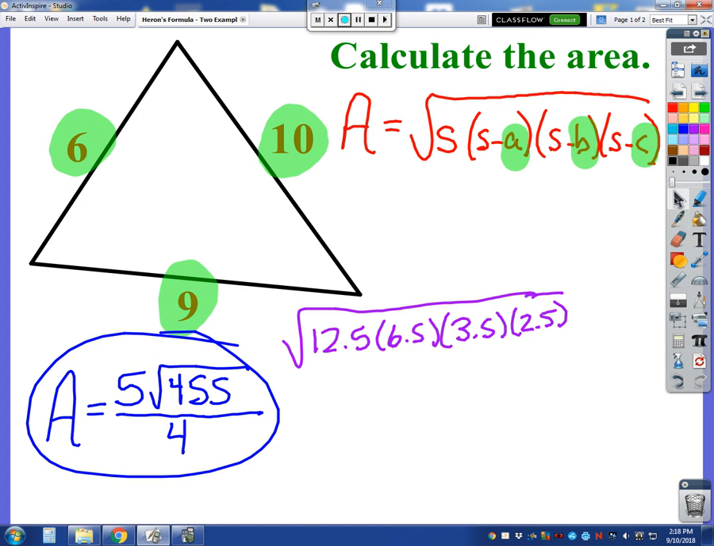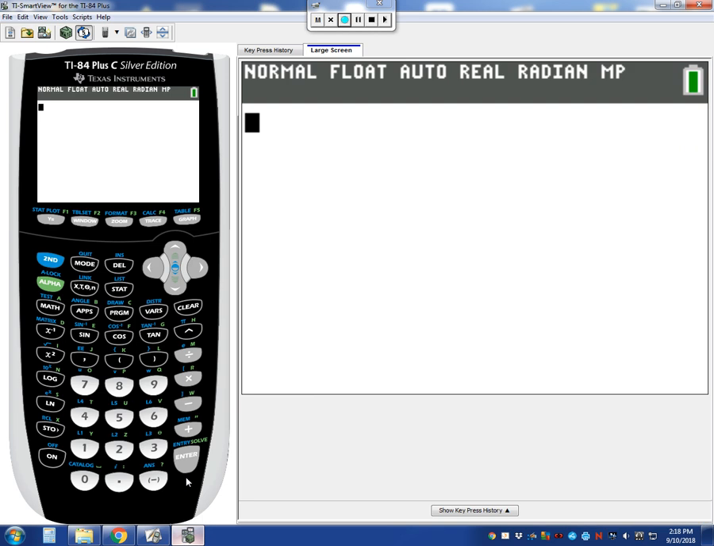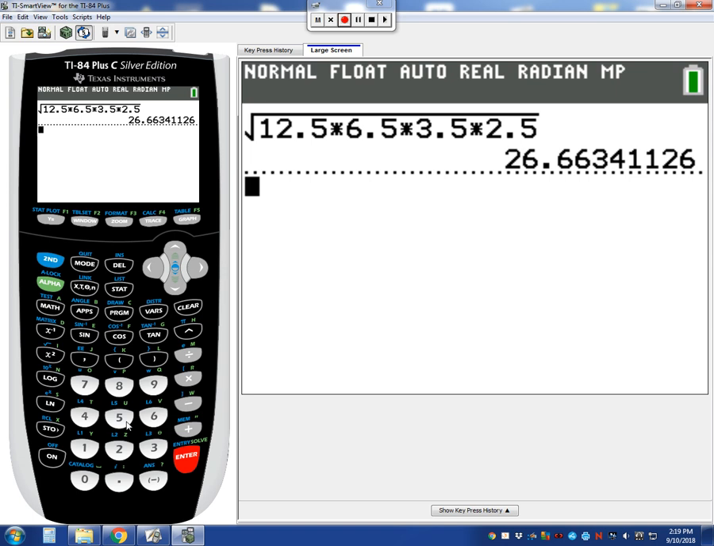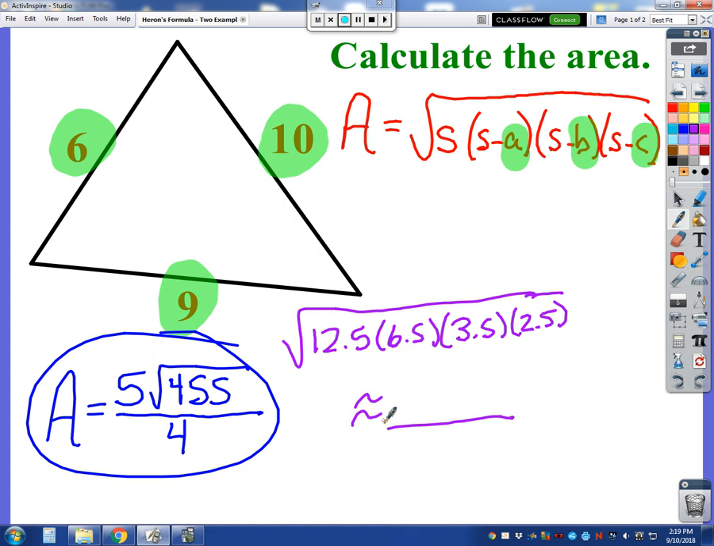You could just go to your calculator and type all this in, and then get what that comes out to be as an approximate decimal. So if I were to go to my calculator, you may not necessarily have a TI-84 here, but we could type in square root of 12.5 times, what would we say, 9.5? Was it 9.5? No, 6.5. 6.5 times 3.5 times 2.5, and we get 26.66 if I go 2 decimal places. So all of this approximates to